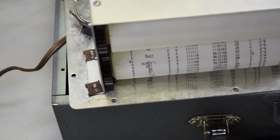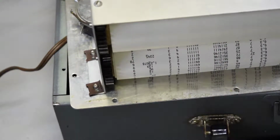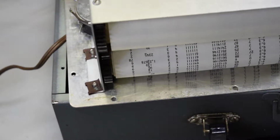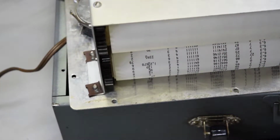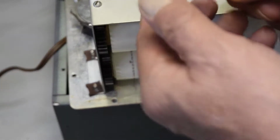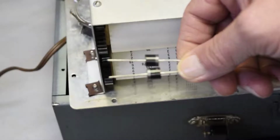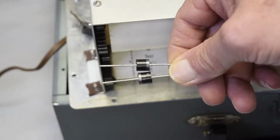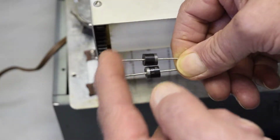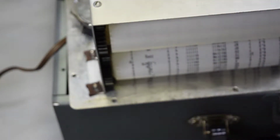And just to give you a better diagram, what you do is you hook them up like this, and I'm probably too close together. Let's see if that'll focus. Okay, see the silver bar there, that's your cathode. So you hook this one to here, this one to here, and then